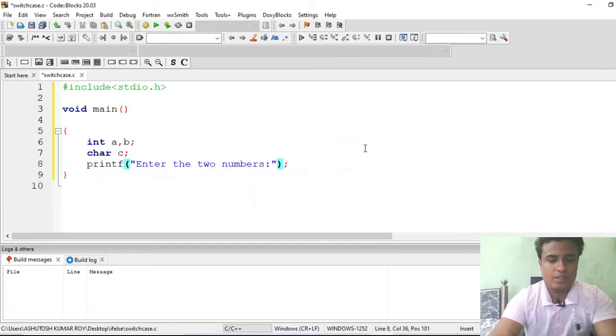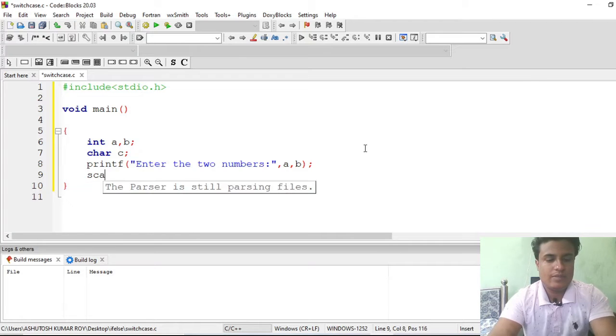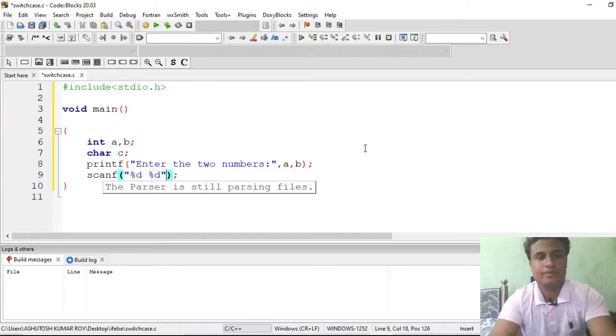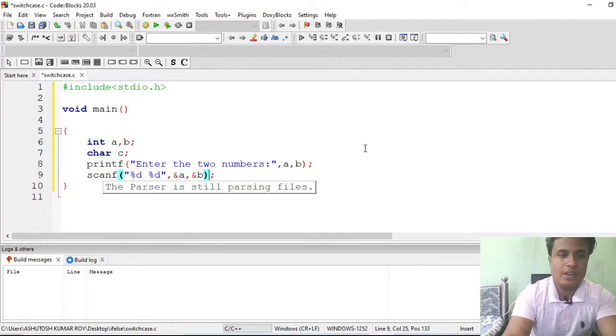Store them in A and B. Don't forget the comma. %d space %d, ampersand A, ampersand B. We just saved the two numbers in variables A and B.